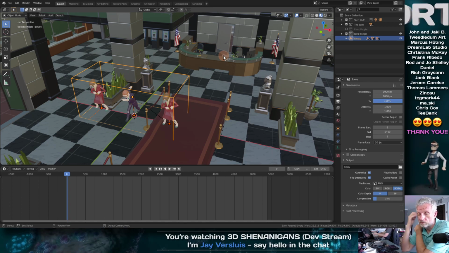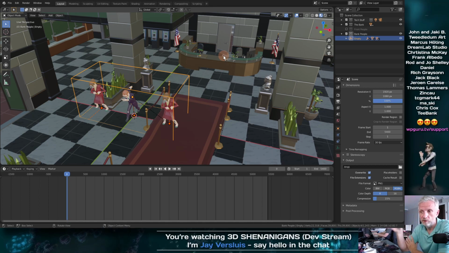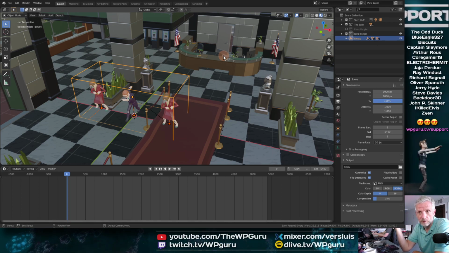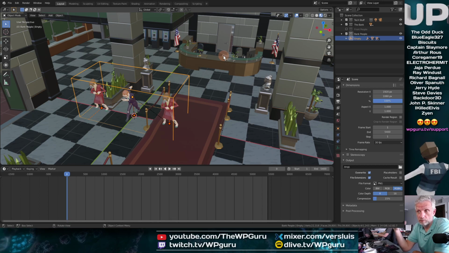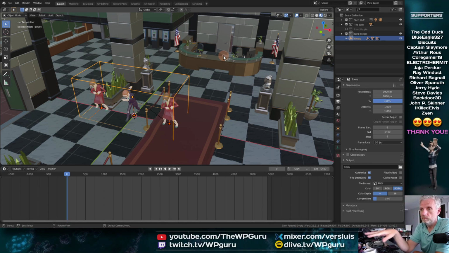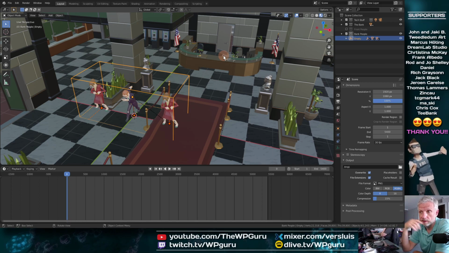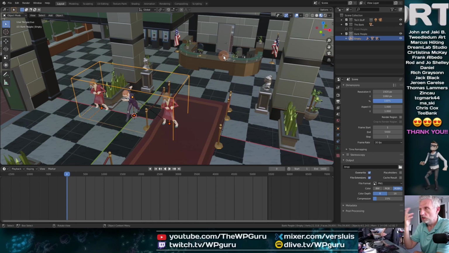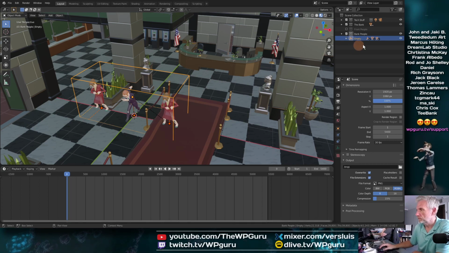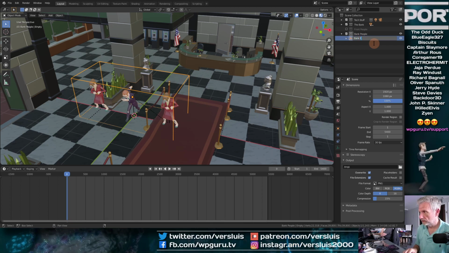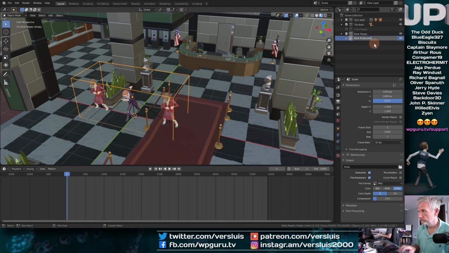Since we have so many different variations, two of them could be behind the customer services desk, people working in the bank, and then there could be two other people who are just doing the silly dance around here. That might be an idea. What do you think? All these possibilities. I'll call this one Bank Employees.